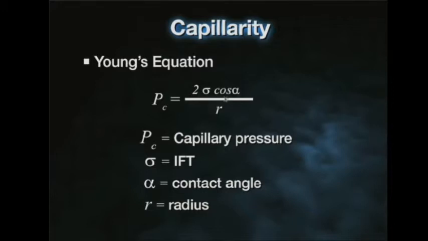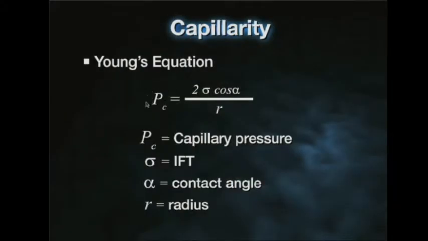But let's think of a perfectly wetting fluid, like I said to you in the previous class. Water is the wetting fluid of the aquifer. So this contact angle here, if this is perfectly wetting, contact angle is going to be 0. And then this cosine is going to be 1. So our equation is going to end up like 2 times interfacial tension divided by radius, because this is 1, right? In our aquifers. Well, capillary pressure will then depend mostly on the radius, because interfacial tension between the fluids